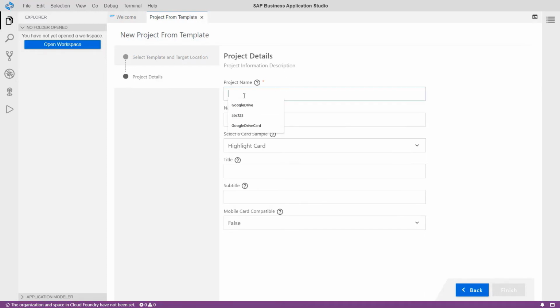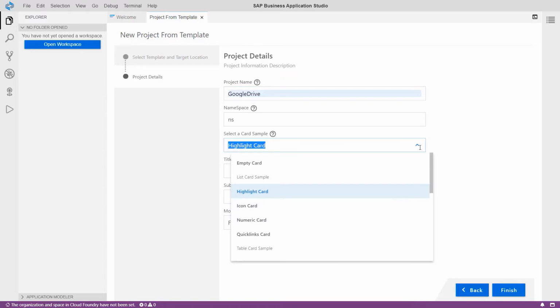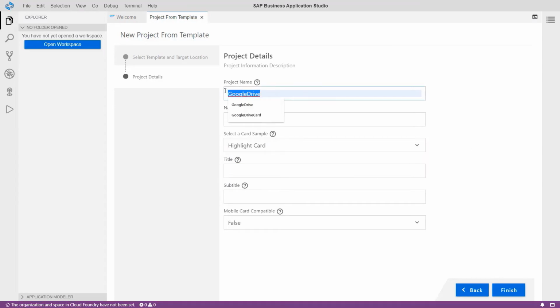We need a project name, let's say Google Drive. We want to choose the highlight card, so we have different UI integration cards here. The title can be left out, the subtitle too, and the mobile card can be enabled or disabled directly in